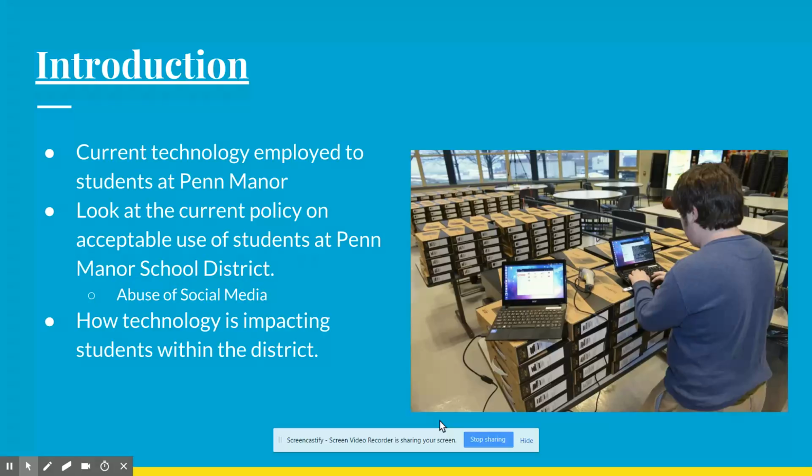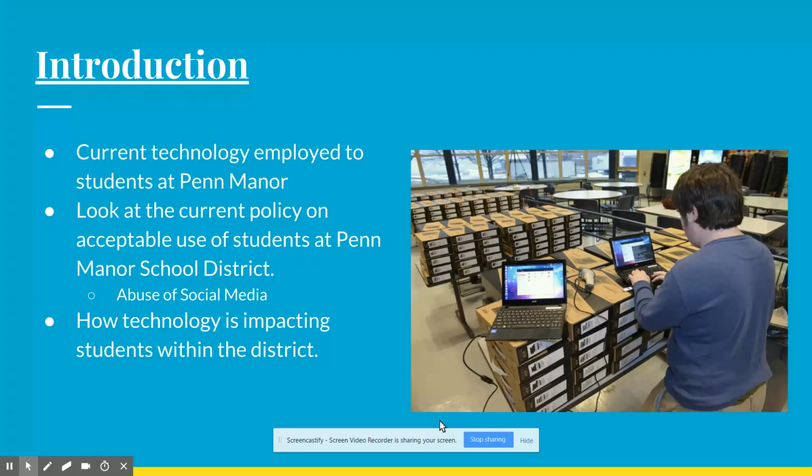And the second thing, and probably the most important, is looking at the current policies that are in place and when those policies were established, and what happens when kids abuse social media or are using technology in an inappropriate way. We have a plethora of resources available to these kids, but we have to make sure that they're using technology in an appropriate way.